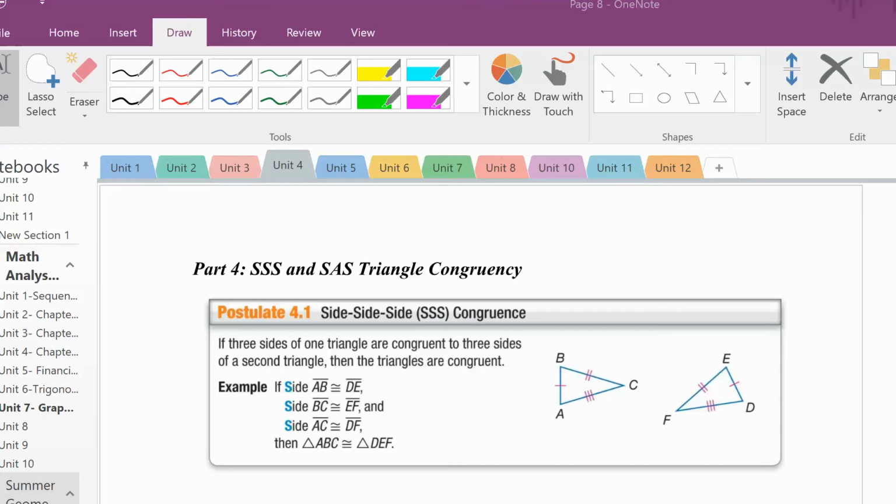And the first shortcut is what's called the side-side-side postulate. And that basically says if 3 sides of one triangle are congruent to 3 sides of another, then the triangles are congruent no matter what. You don't have to prove the angles. So for example,